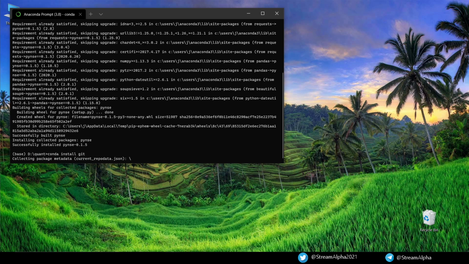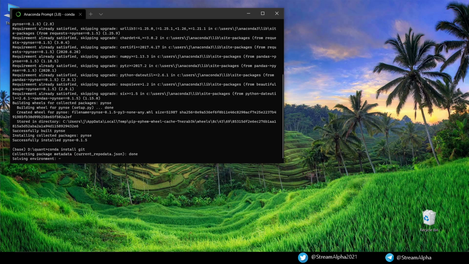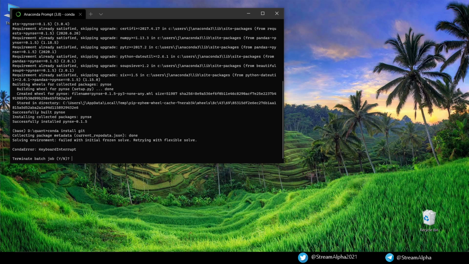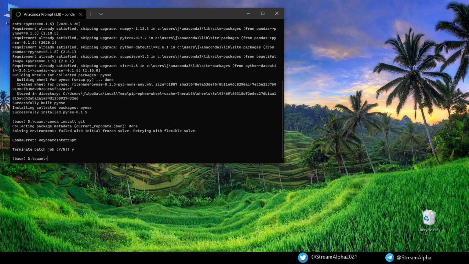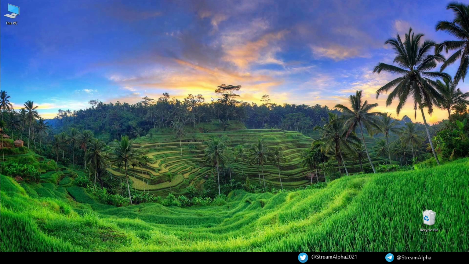Restart your system and then install PyNSC using pip. Since git is already installed on my system and there is no need to install it again, I am cancelling this. Both of the installation commands are also given in the video description. Once this pip install task completes, PyNSC is installed and ready to use.